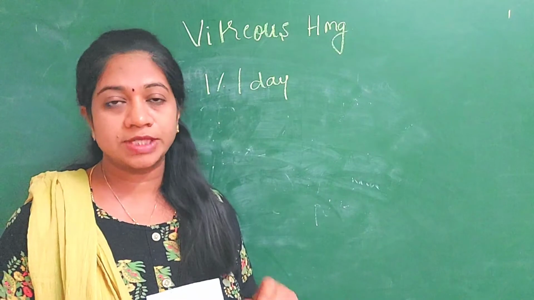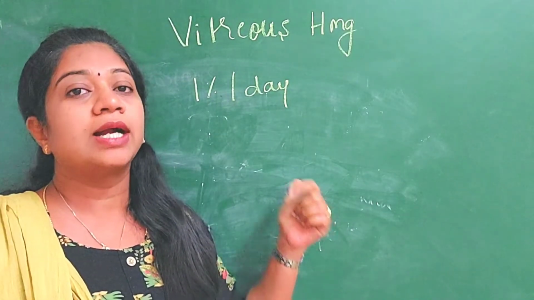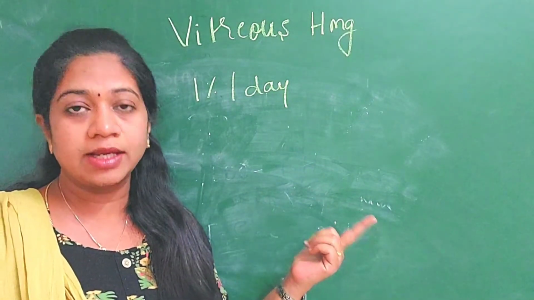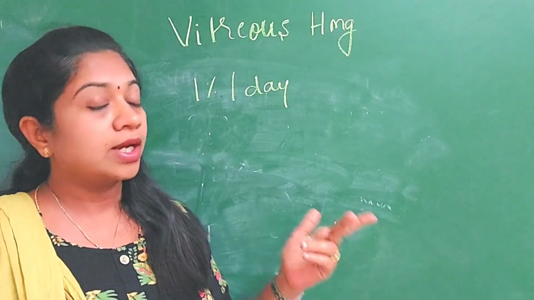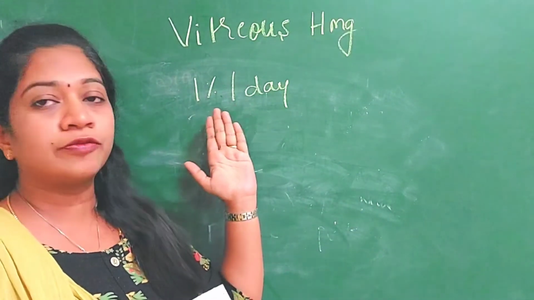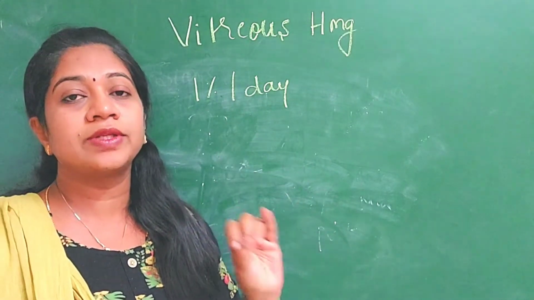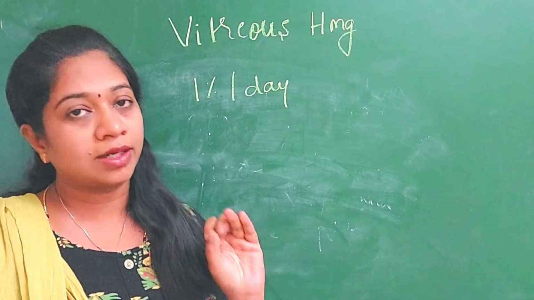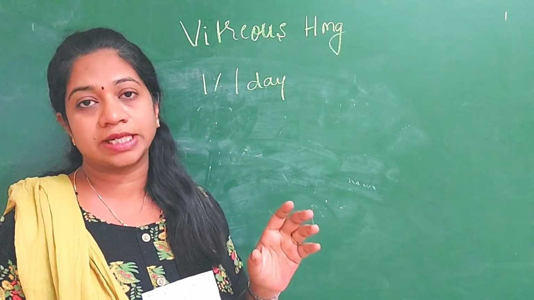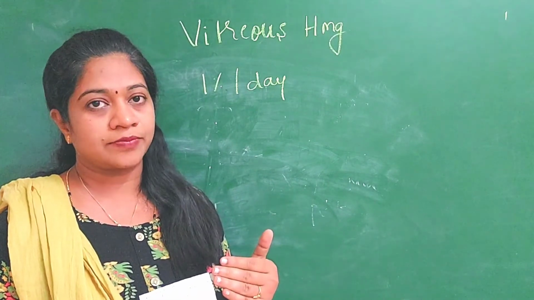So what is the course of this vitreous hemorrhage? This course depends upon the cause for the vitreous hemorrhage and in which patient this vitreous hemorrhage is happening, like whether the patient is young or an old patient, and how much is the amount of vitreous hemorrhage. Usually it will clear at the rate of 1% per day, and if the patient is young with a strong collagen, then it will take a little longer time to resolve, whereas in older patients, with liquefaction of the vitreous, the absorption of the blood is faster and it clears fast.